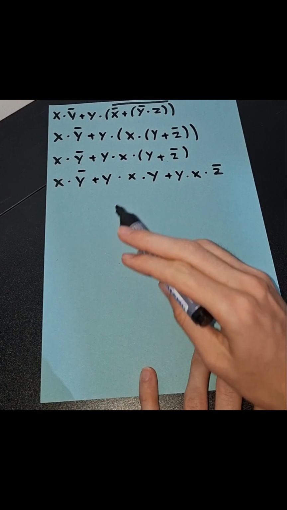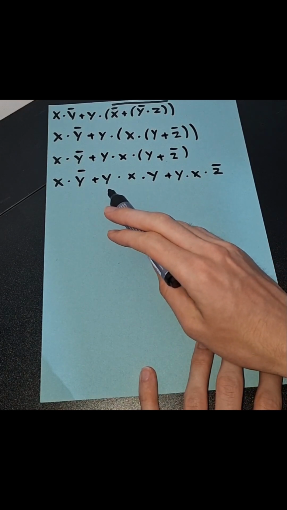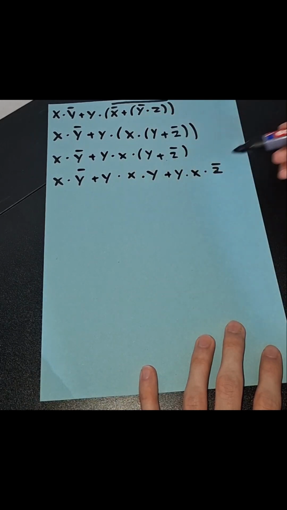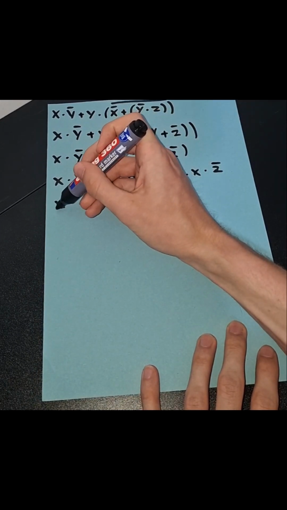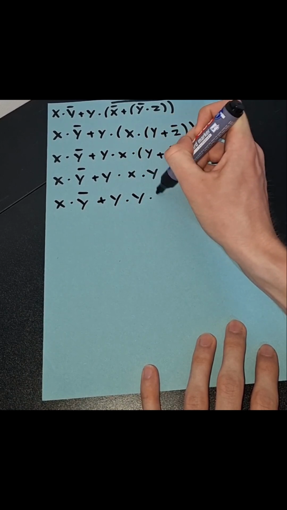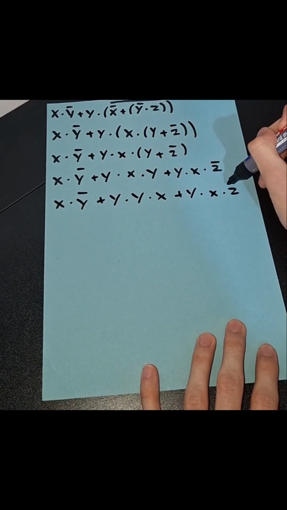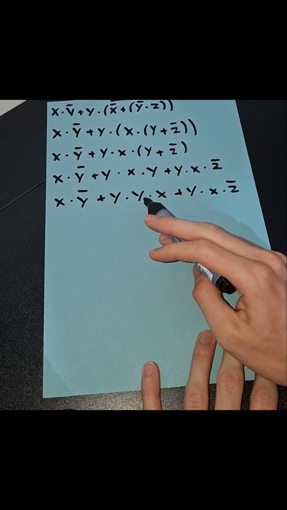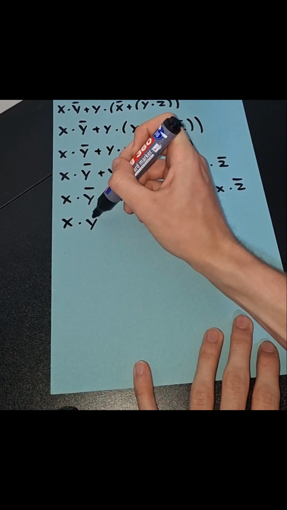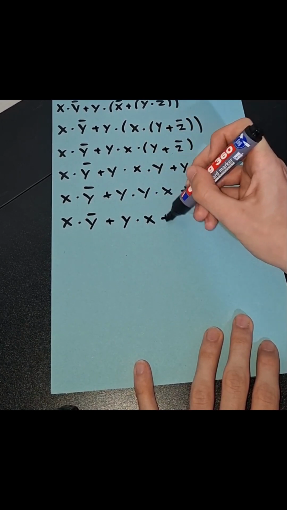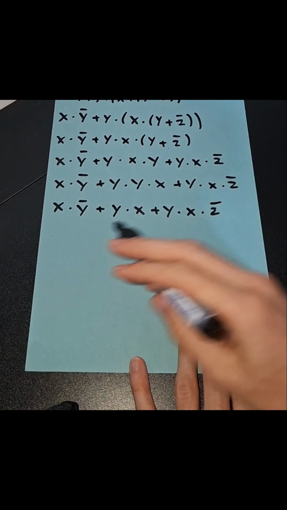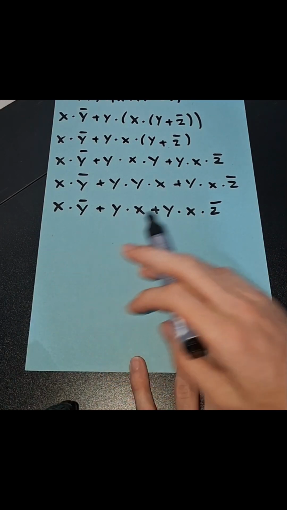Now, what I notice with this term here is there's two of the same symbols here. So there's two y's. So I just want to rearrange this just to get them together. It doesn't really make a difference, but I want to just put them together here. Y and y will just equal y. Now here, I'll just look at each term and just check to see if I've got